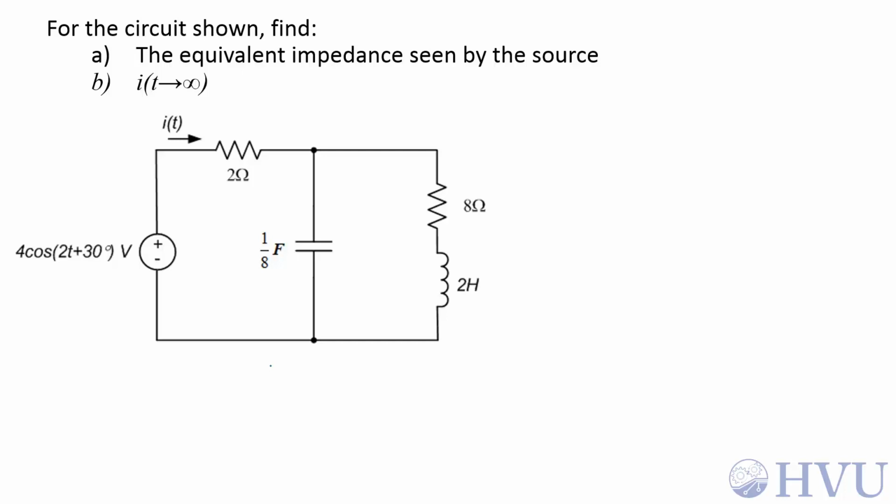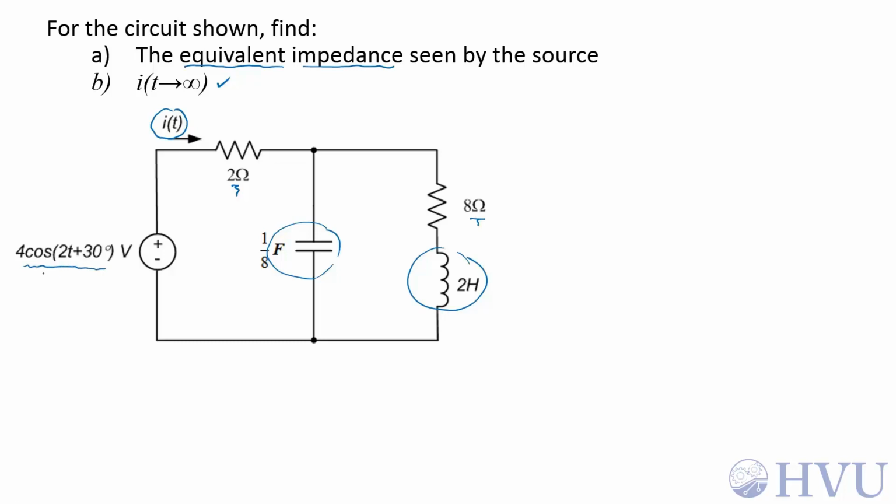Okay, we're given this circuit. We want to find two things. The equivalent impedance seen by the source, which means we're going to need to convert the capacitor and the inductor into their equivalent impedances. Resistances are the same as impedance values, so those will still be the same in the frequency domain. And then we want to find I of t, the current out of the source, for this sinusoidal